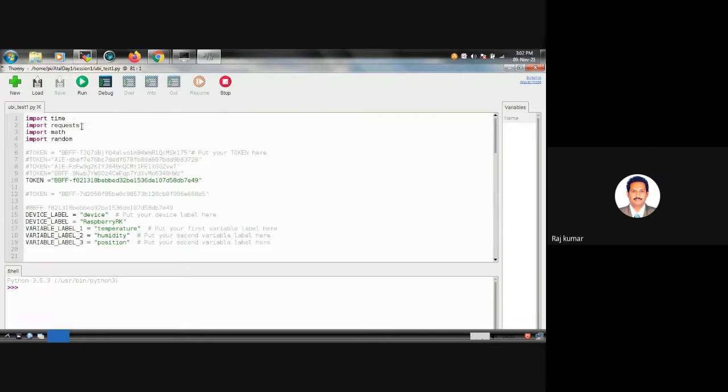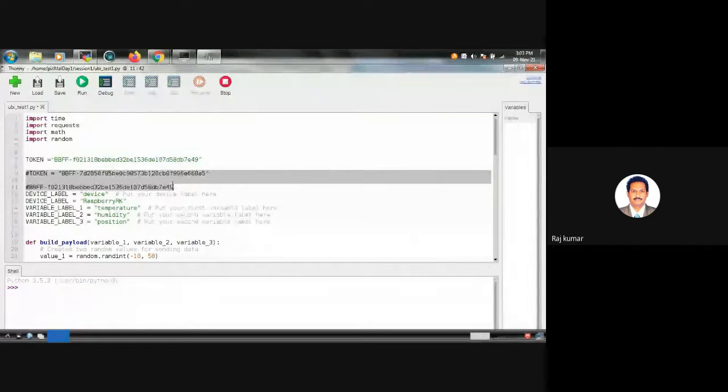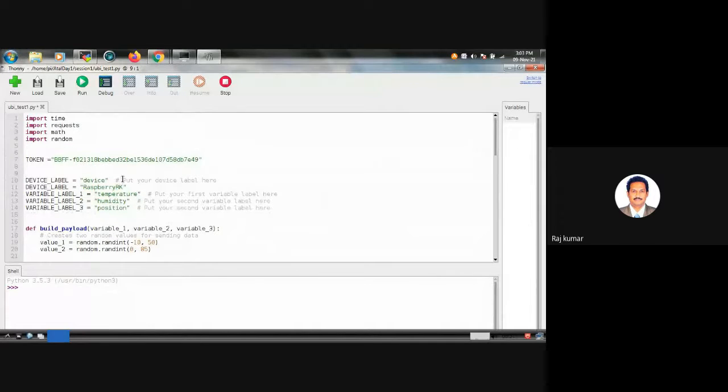These packages contain all the required methods to connect to Ubidots. Here I have already used multiple tokens with different user IDs. I will show you that token also. We have to change the token because I created a new user ID now. This is a previous token. The token is generated at the Ubidots site. Here I have labeled this device as Raspberry Pi RK.